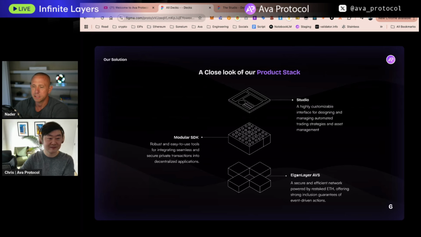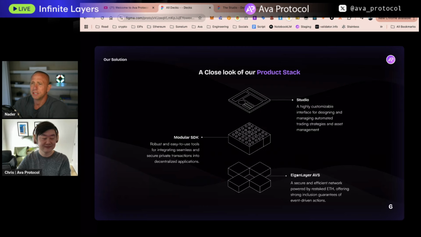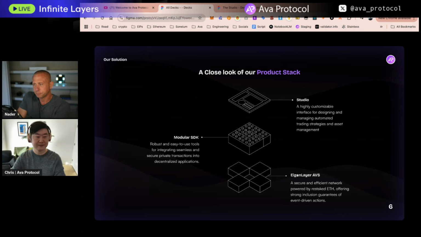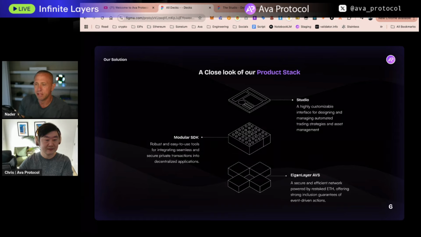Got it. That makes sense. I think the analogies where we're comparing existing products that people are familiar with have been helpful for me. And I think that's something to consider when you're trying to give that TLDR or that quick pitch. So moving on, I guess, when it comes to the whole AVS and EigenLayer part of this,